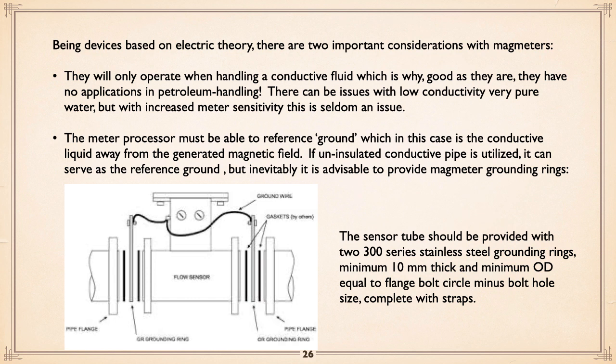And minimum OD equal to the flange bolt circle minus bolt hole size complete with straps. What we're saying here is that we can actually fit this thing between the flanges and have it retained. And you can see it's being mounted in here. We're assuming gaskets; we'll get into that in the very last talk, gasketing and everything else. But that's basically how the ground ring